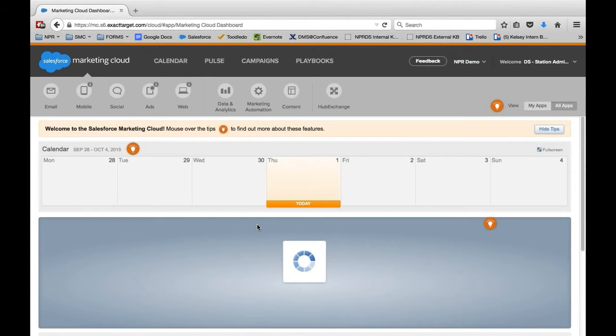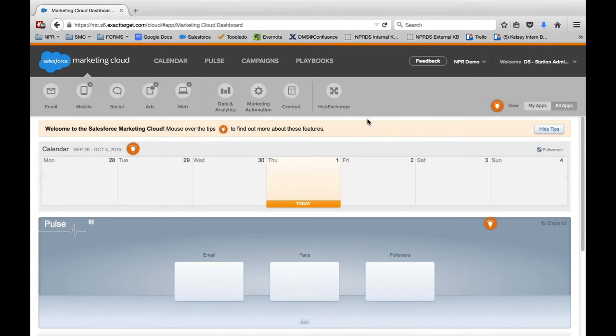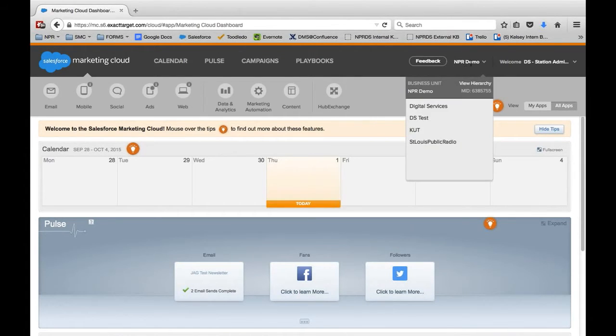And just to give you the lay of the land, this is typically what you'll see when you first log in. This is what's called the dashboard. Over here is our demo business unit, but you will see your own station as well as our demo. I have a couple others here as I'm showing demos, but typically you'll see your business unit here, which is